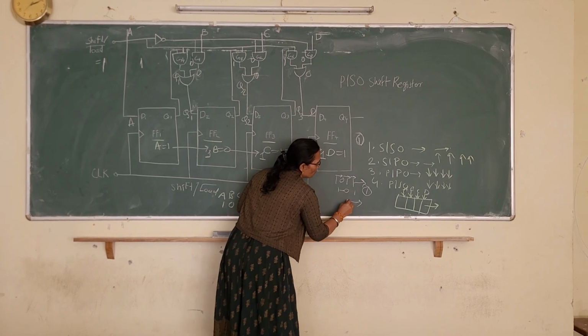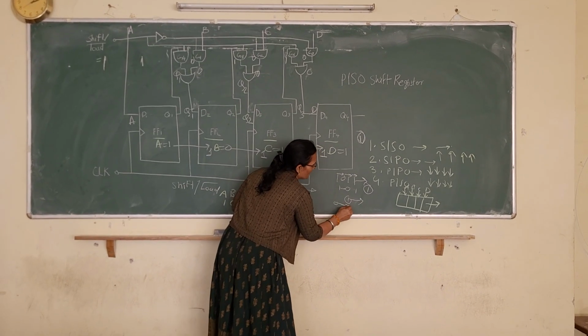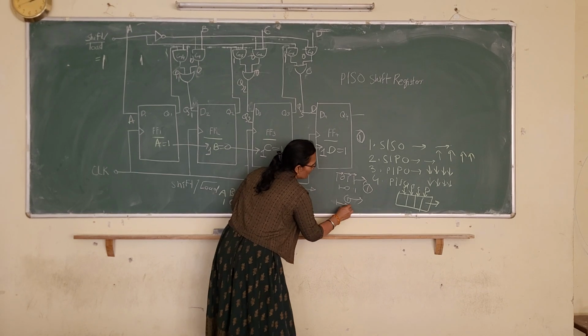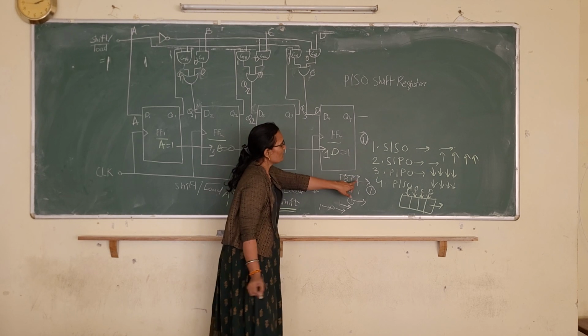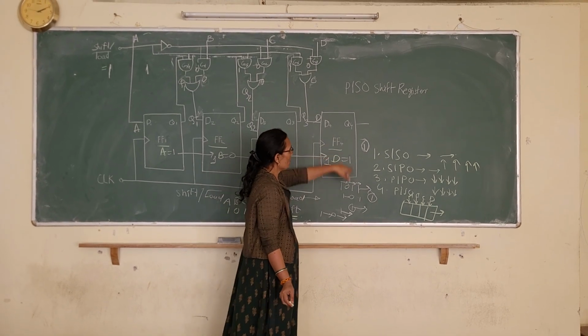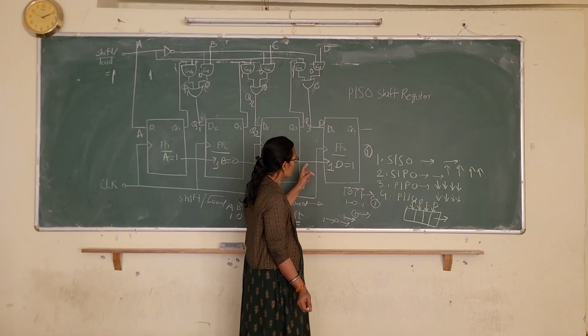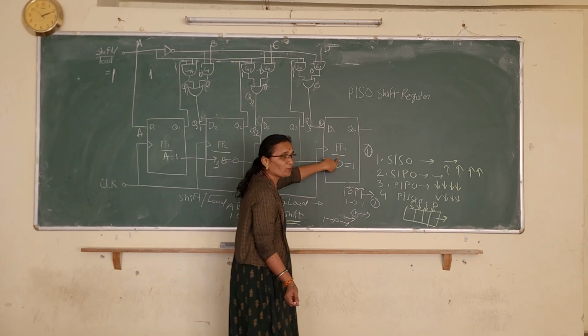First 1 is out, then your 0 is shifted here, 1 is shifted here, then your 0 is shifted here, and then 1 is shifted. In fact, from this flip-flop you are getting output 1, and this 1 is shifted into this flip-flop because Q3